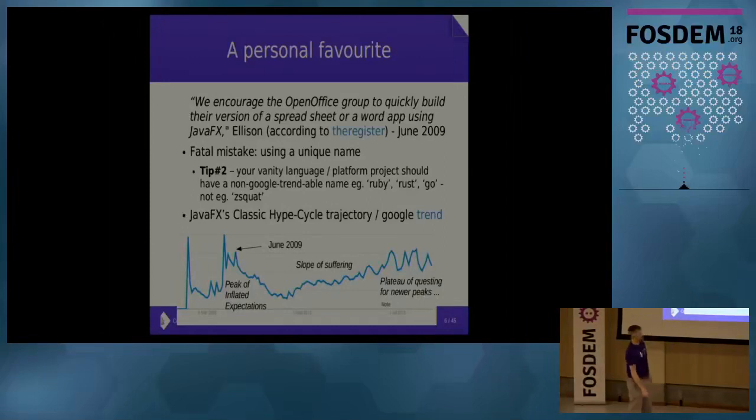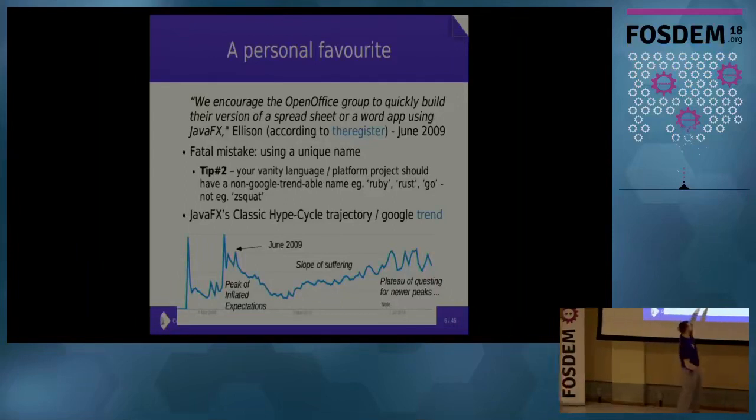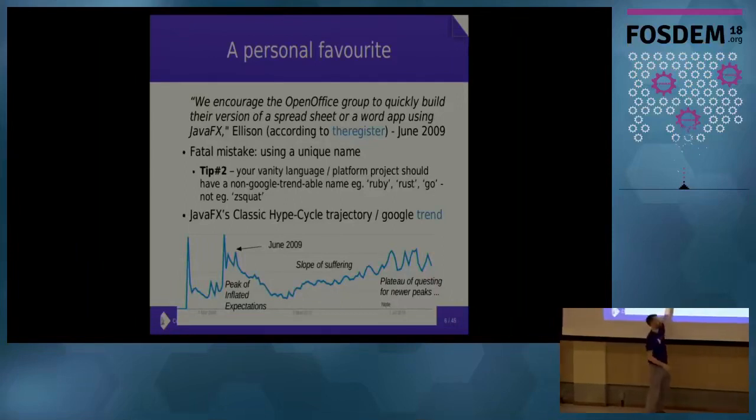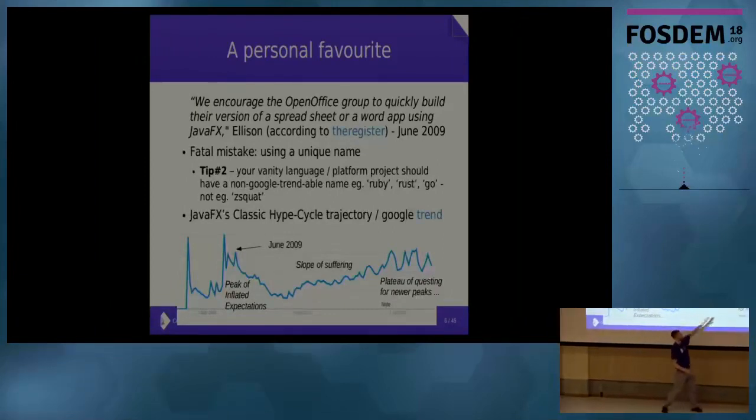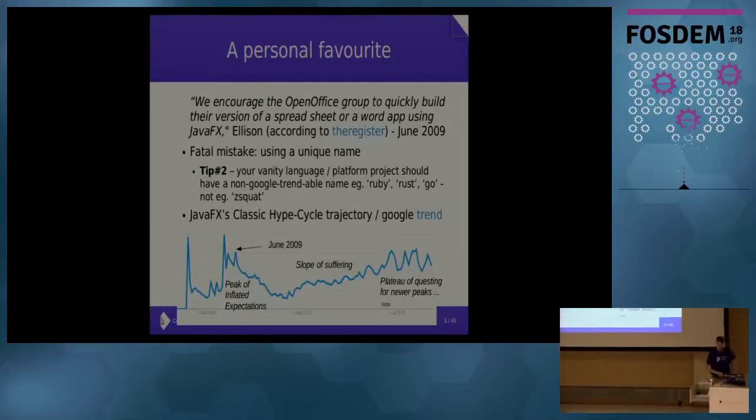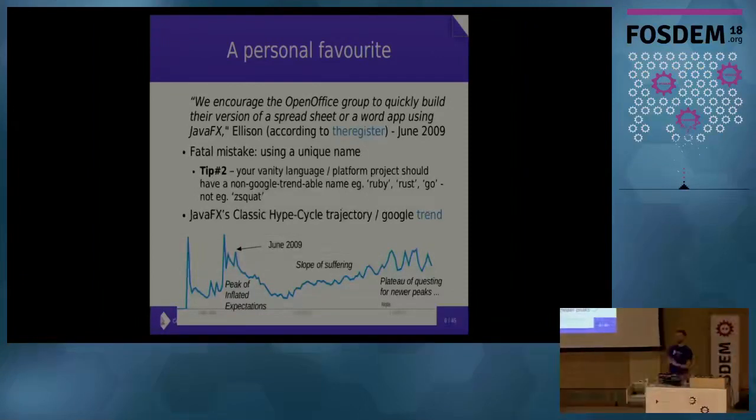Anyway, Google trend for JavaFX, and you see, there's this peak, maybe there's two peaks, marketing really getting their act together. And this is the recommendation to use JavaFX, just before the trough of total gloom and the utter suffering of this, and then the, oh dear, how did we end up with this technology? What are we going to do about it? How can we possibly make it actually work? And so on,